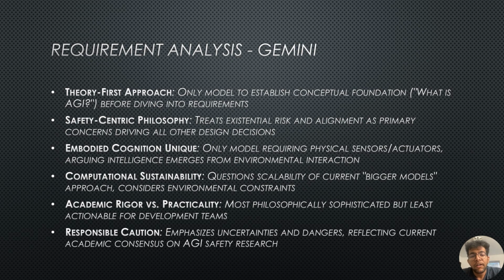However, talking about the downside, Gemini was the weakest of all four models, both with the guide and without the guide. Gemini's narrative and academic approach result in the least actionable requirements. It had quite a lot of vague statements in its requirement generation. While it was philosophically sophisticated, no doubt, the vague statements provide limited guidance for actual development teams. The requirements lack specific metrics, testing methodologies, or implementation pathways.